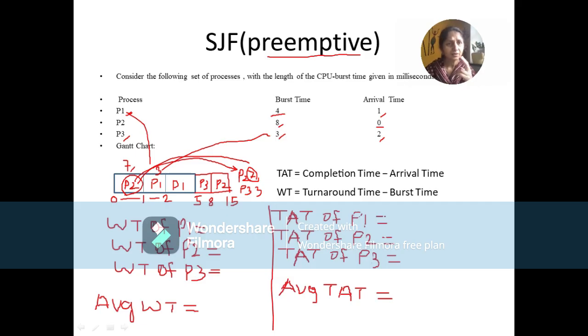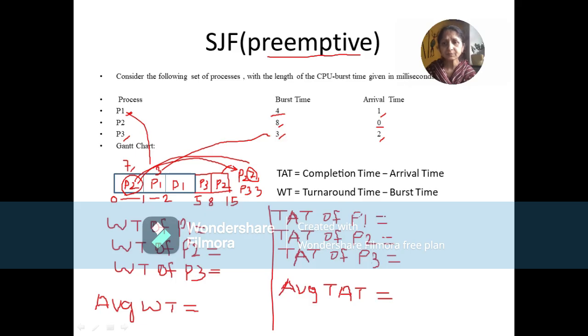And once other small processes got executed, it waited in the ready queue, and once both the smaller processes got executed, P2 was given a chance to get back inside the CPU once again, and then it got fully completed. Okay, is this clear? Fine. Let's calculate the turnaround time of P1.